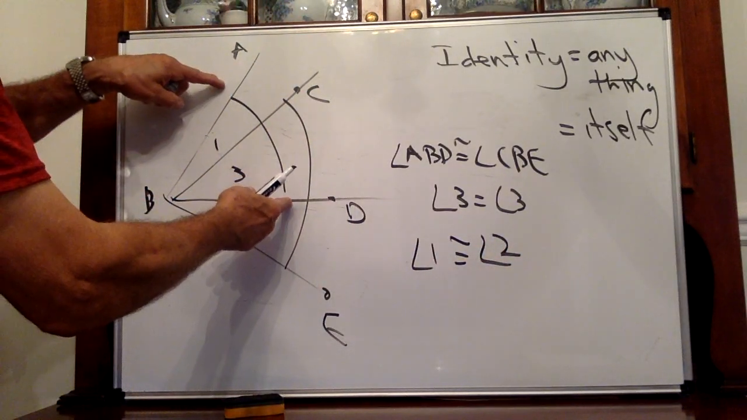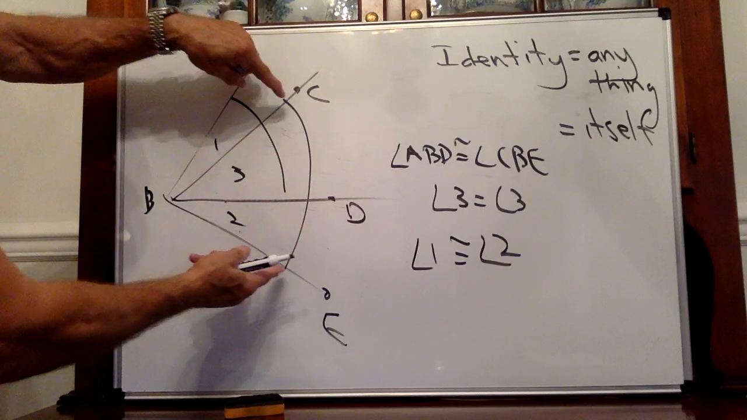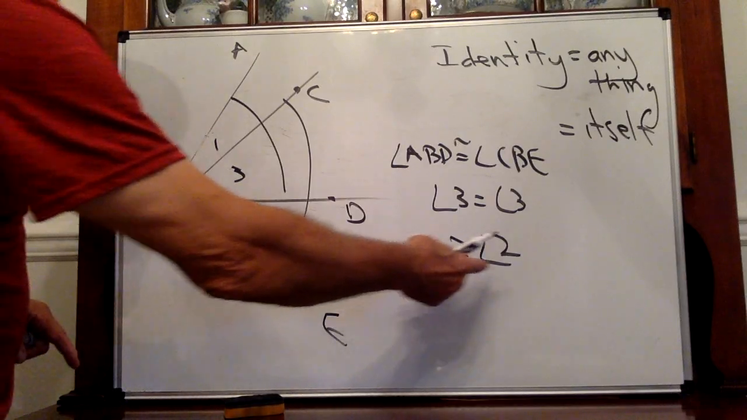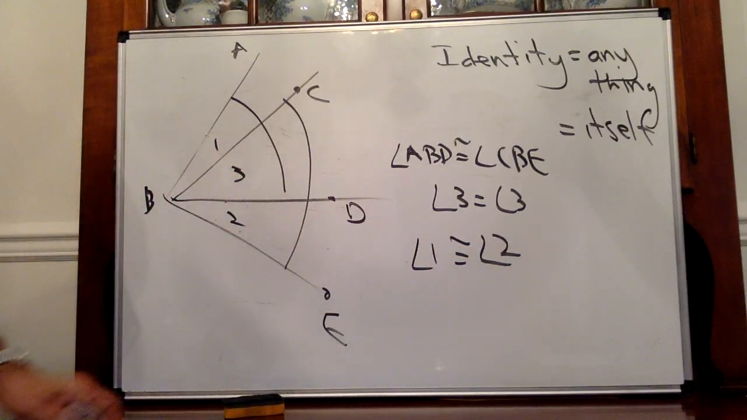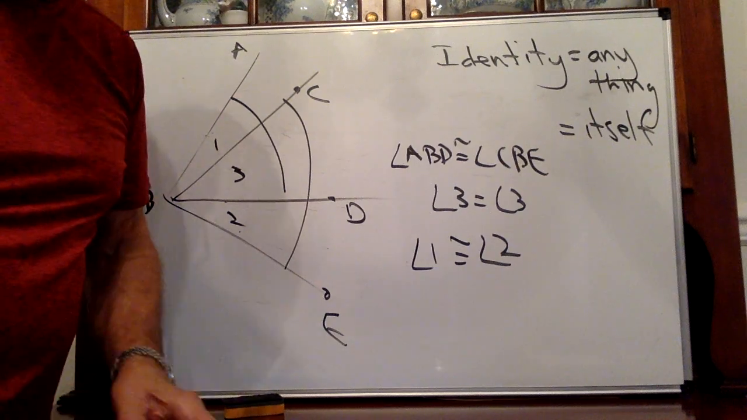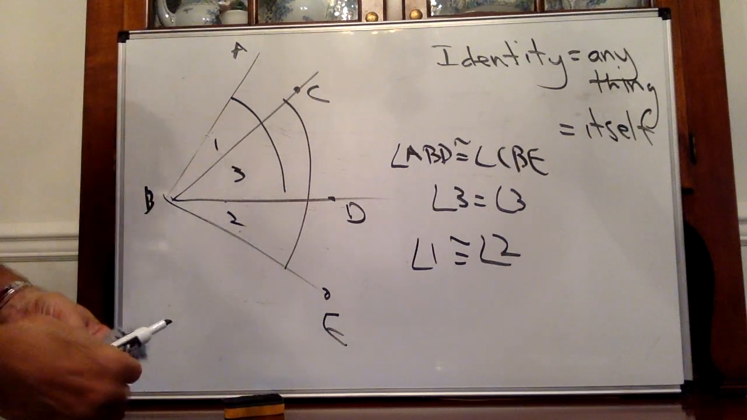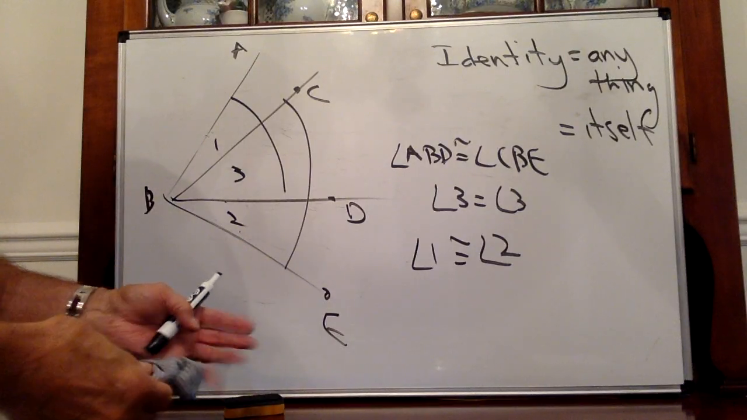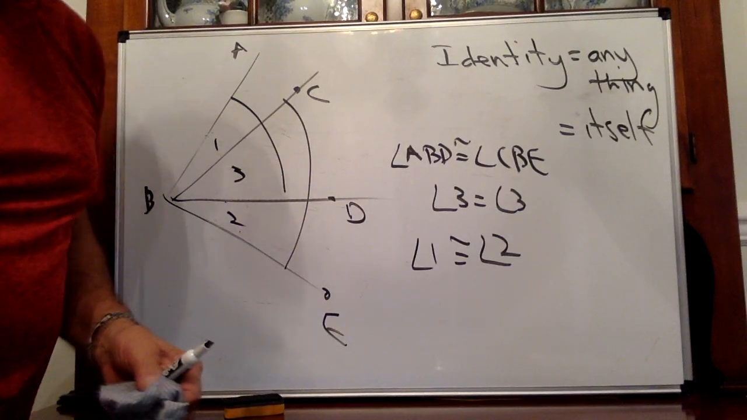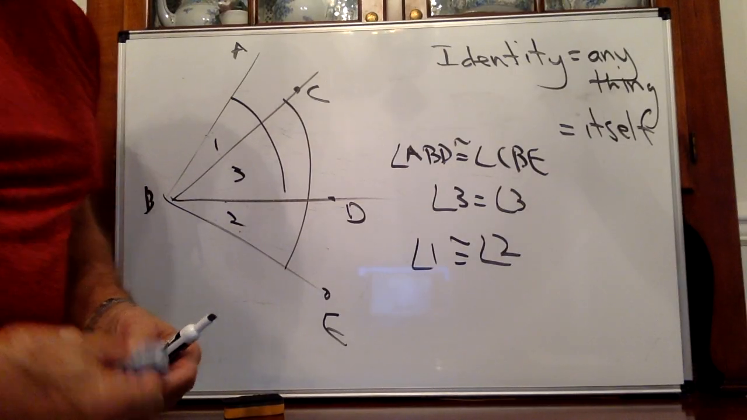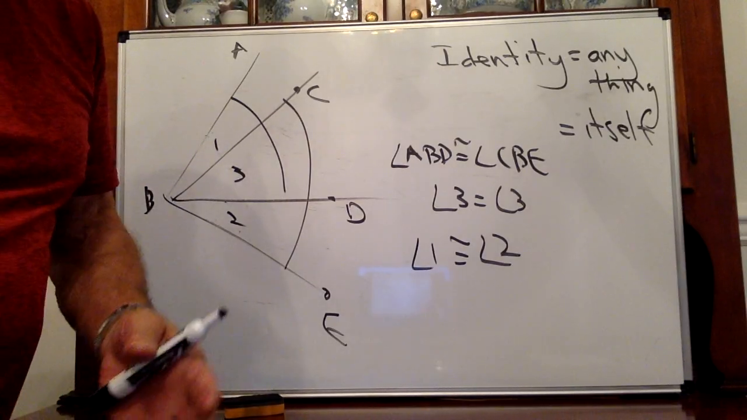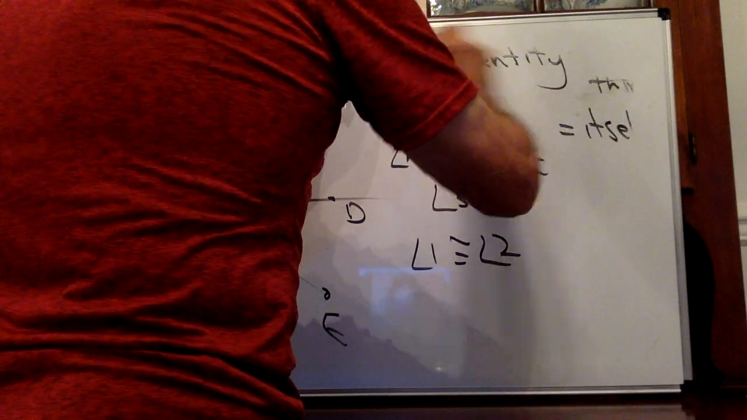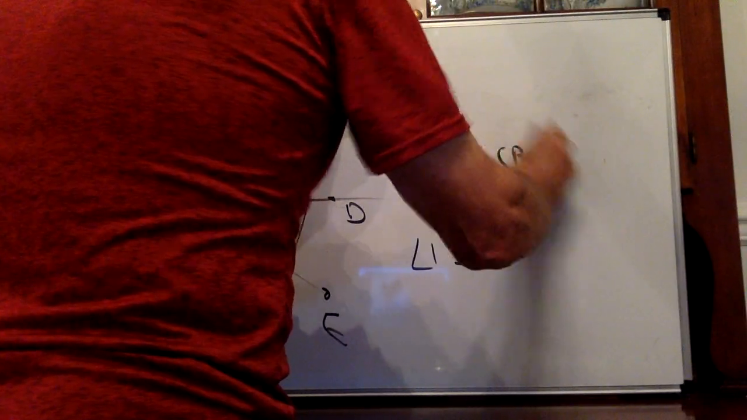If you take the big angle and take 3 away from it, you take this big angle and take 3 away from it, what's left are 1 and 2, and therefore they have to be congruent also by subtraction property. So you can add angles together, you can subtract pieces of angles from bigger angles, and you will get their sums or differences congruent also by either addition or subtraction property. And likewise,